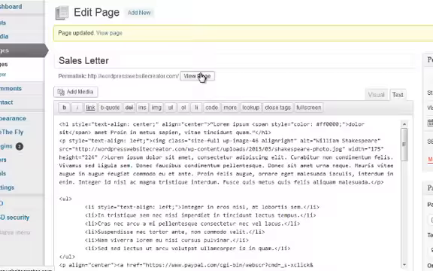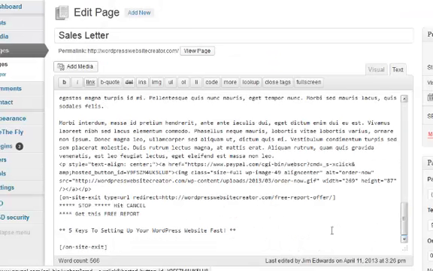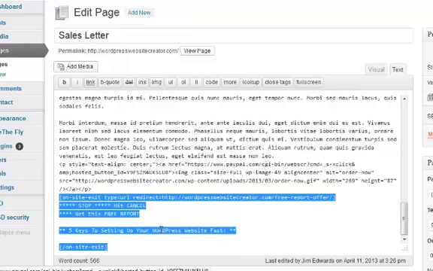And let's see if it's showing up on the page. It is showing. Why the hell is it showing up? I can assure you it didn't do that while I was